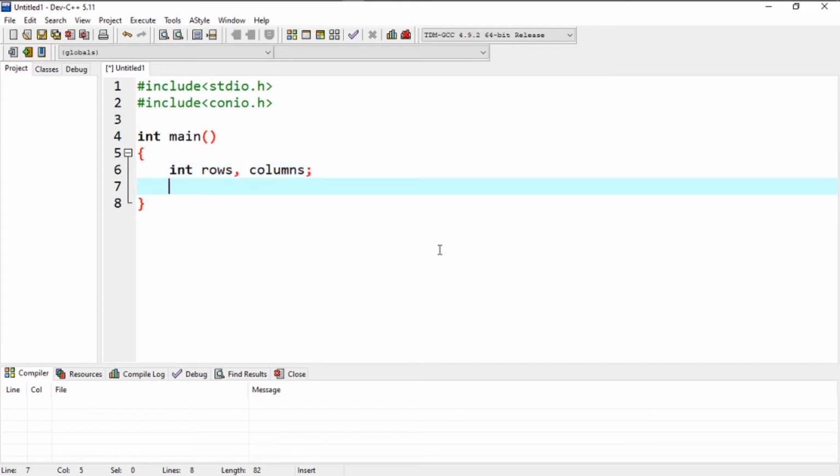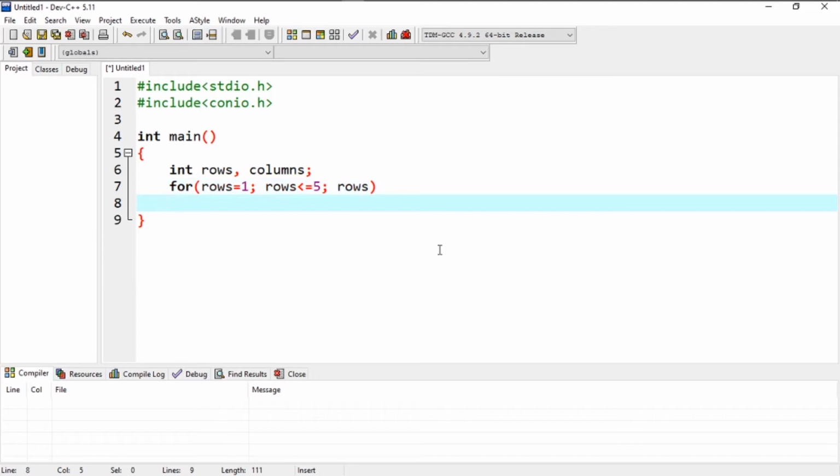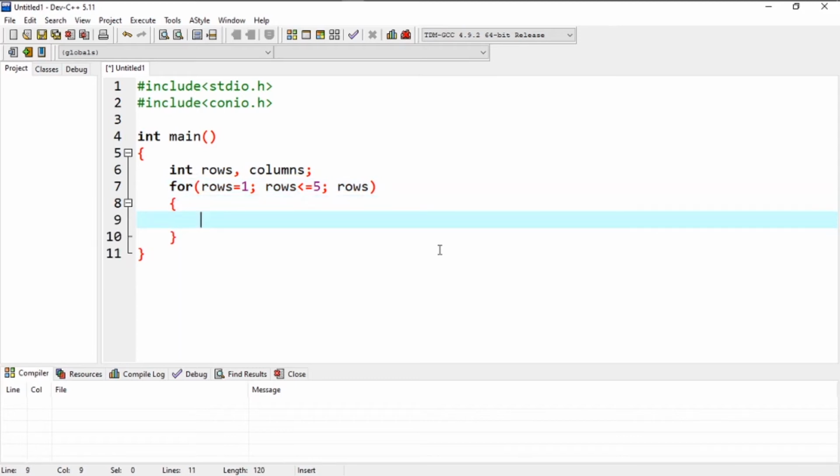I did not mention earlier that we will be using a for loop for the pattern generation, so you must be well acquainted with the for loop. Here, the for loop with the variable rows will execute 5 times, that means 5 rows.